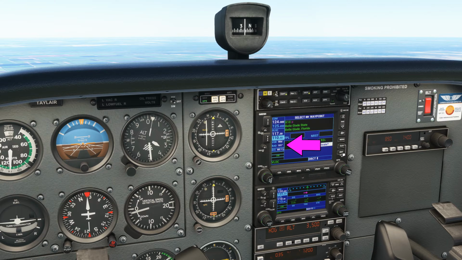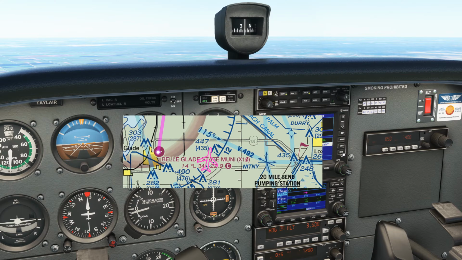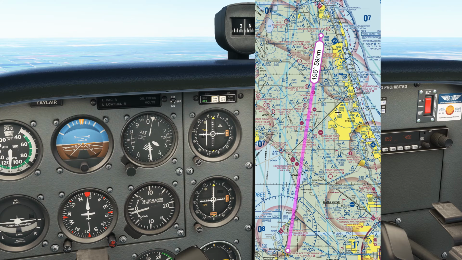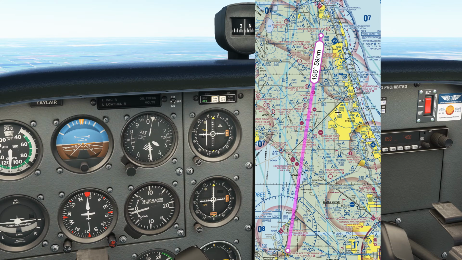We can use the 1 in 60 rule, which is clearly how the question is intended, which says that at 60 miles, every 1 degree off track equals 1 nautical mile. This is not completely accurate, but it is close enough. We're currently abeam this airport, Belgrade State Municipal, which is 59.4 miles from the VOR on the 196 radial. We're around 60 miles from the VOR on the 191 radial, which, assuming that the Earth is flat,